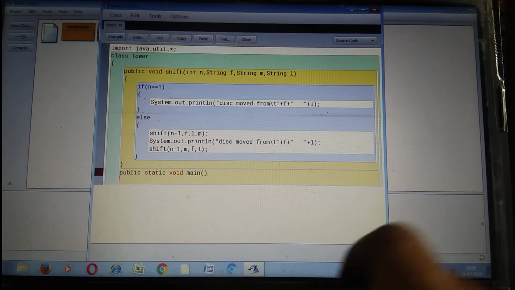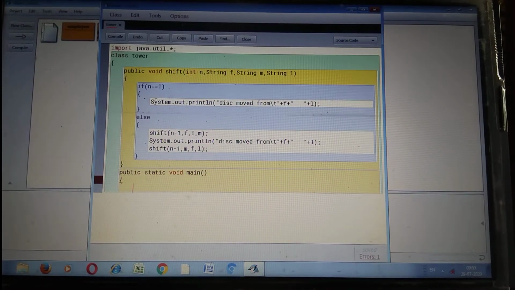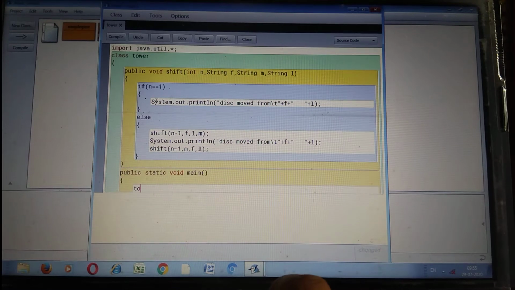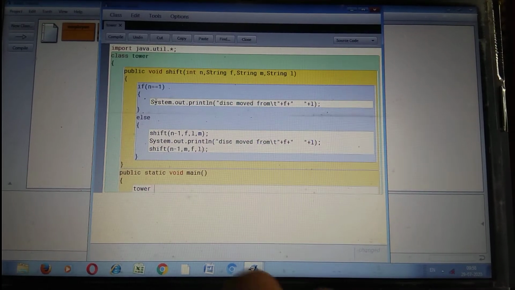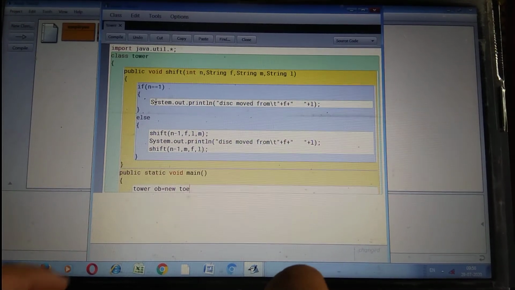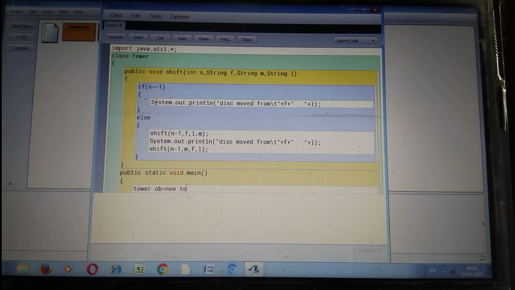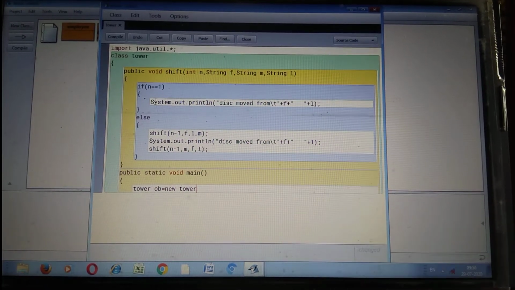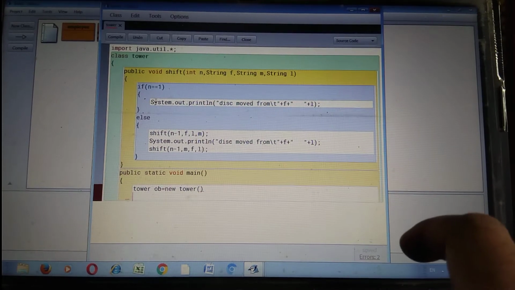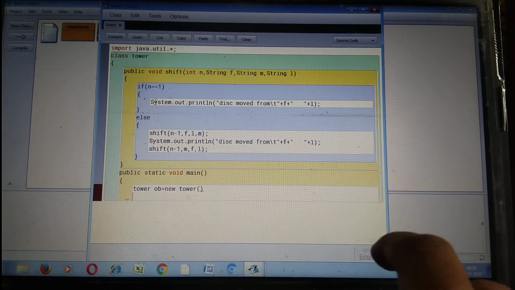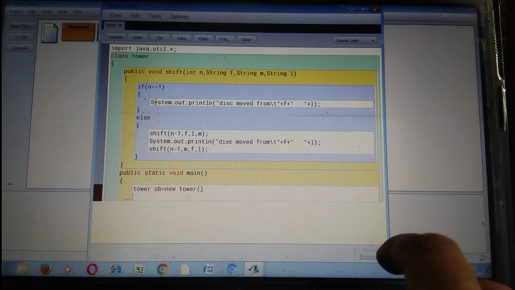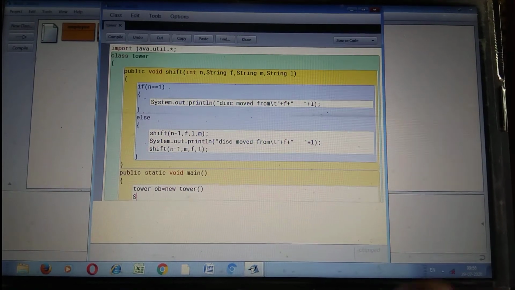After creating the main method, start the block of the main method, creating the object of our class Tower: ob is equal to new Tower. After this, create the Scanner class to take the input of disks. Before the Scanner class, you write the print statement.